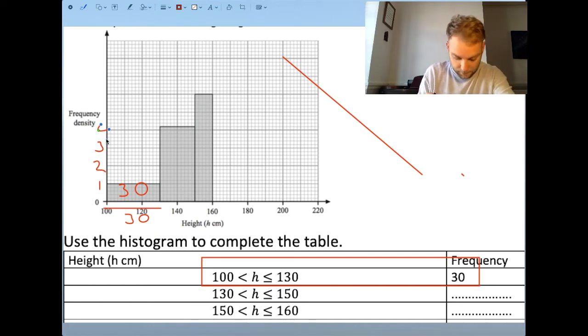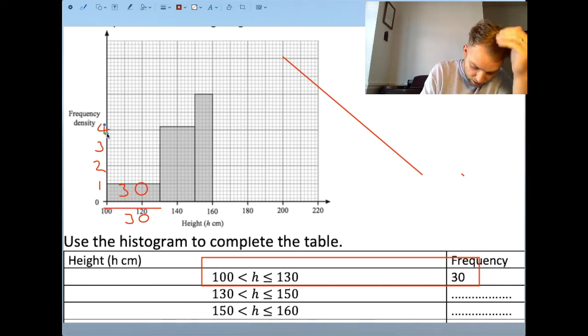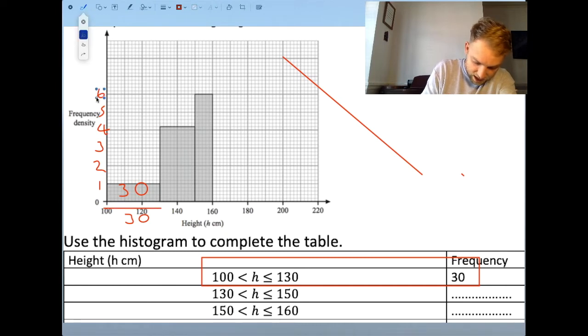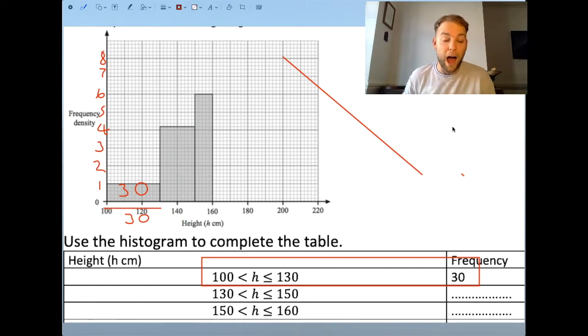Do that again. So that one there is going to be 4, then it's going to be 5, then 5, then 6, then 7, then 8 here like so. And we use what we've got here to draw our frequency density on. So we're using that first one to find out what the frequency density is, okay? So once we've got that frequency density, then it becomes really easy